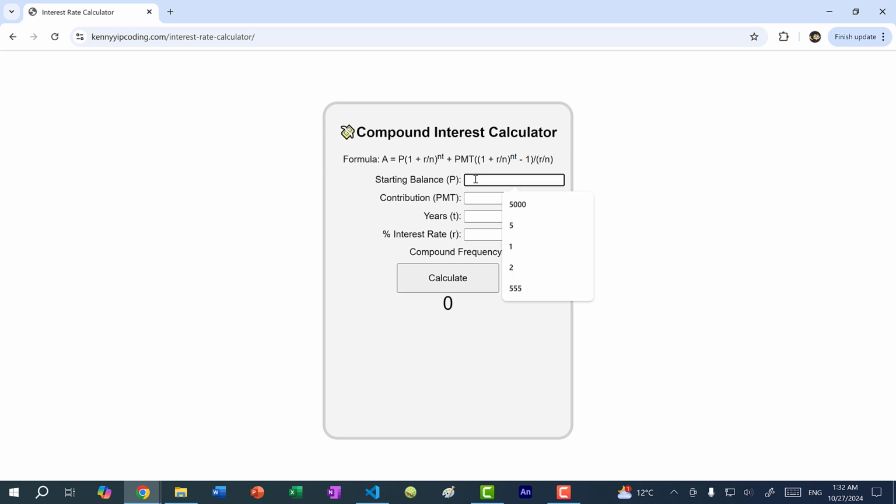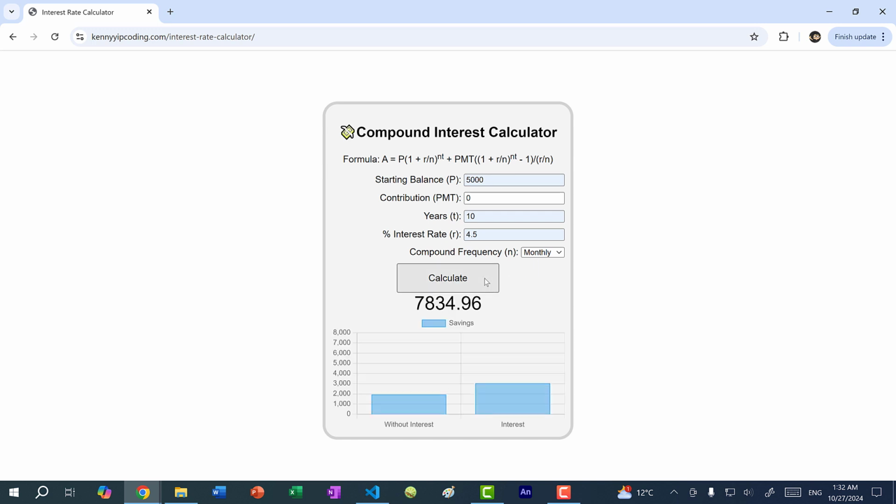So just as an example, let's say I have a starting balance of 5,000, and for contribution, I'm just going to put 0, and I'll put 10 years, and let's say the interest rate was 4.5%. And for compound frequency, let's just leave it as monthly. So if I click calculate, you can see we get this nice chart and we get the result of